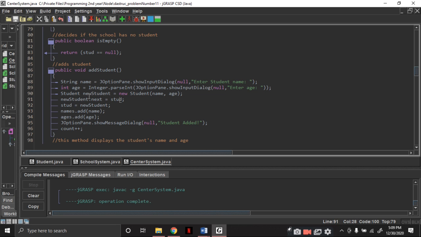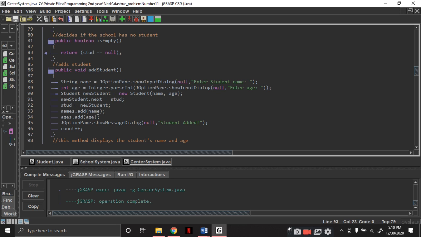So the newStudent.next will have the value of the head, which is the stud, and the head will have the value of the new student, which holds the name and the age.